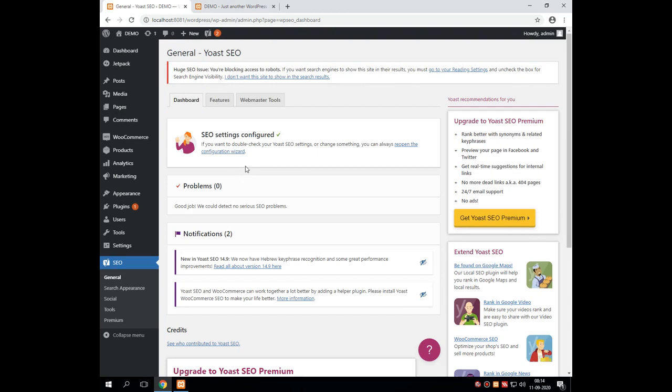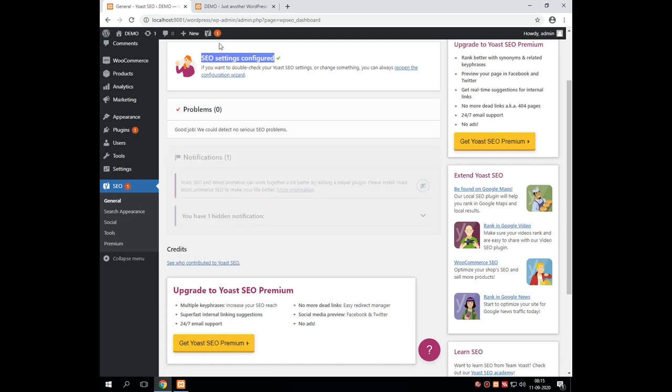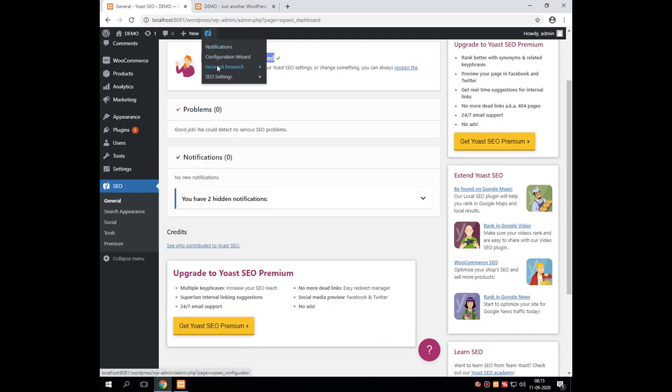Now whenever we return onto the screen, it gives one success message. That success message is SEO settings configured successfully. That means there is a green right symbol which indicates that SEO Yoast is successfully installed. Right? Now here two more notifications are there which I can hide by clicking on this I button. It hides the particular notification, and then we have reached the keyword research.